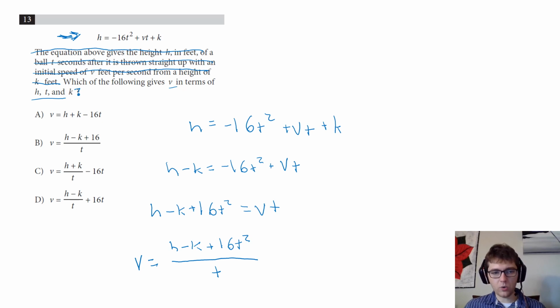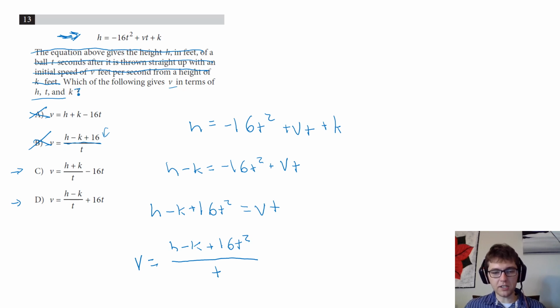And just taking a quick glance at the answers, let's see if anything matches. So obviously A does not work. It is not h plus k minus 16t. That's just incorrect. B does not work. H minus k plus 16. They drop this t squared term here when divided by t. B is incorrect. Now when we look at C and D, we see that they have h plus k or